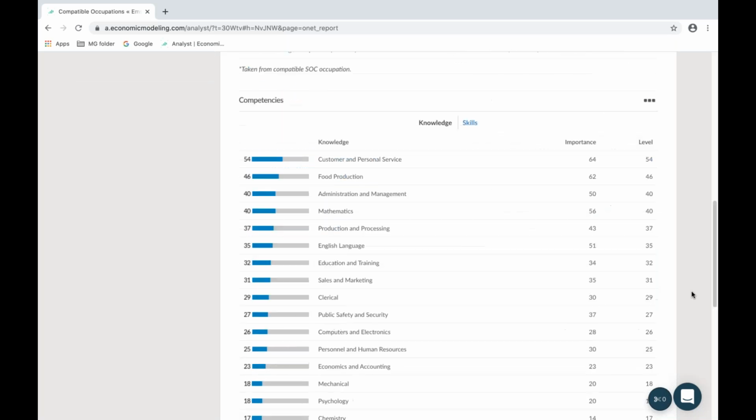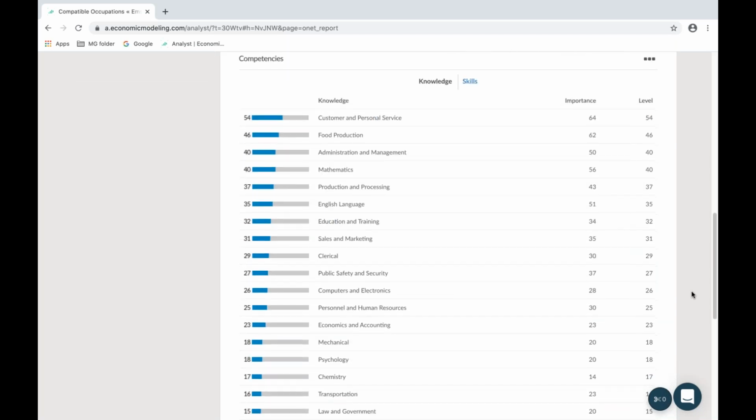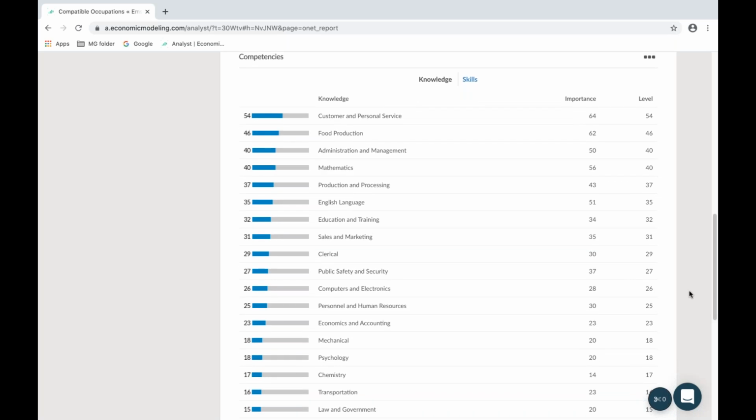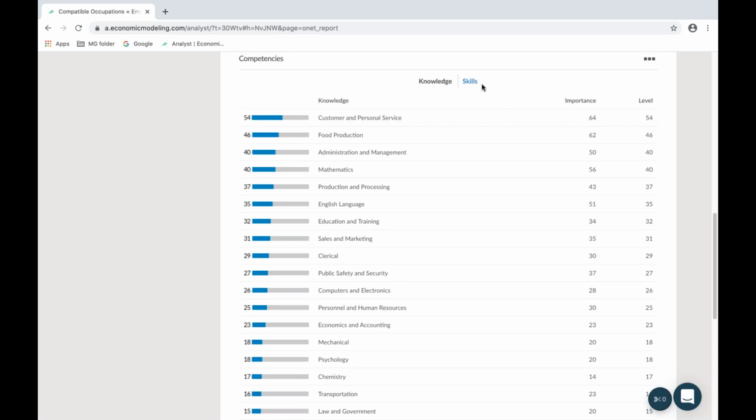When we go down to the bottom here, there's two things that we can see. Obviously, we've looked at the compatible occupations, but then it breaks down the importance of particular knowledge and skills. Now, this isn't based on job postings, which is obviously where we often draw some of our skills demand from in terms of understanding employer demand, but this is in terms of the knowledge and skills that are required for this occupation based on the ONET skills taxonomy. And then that's importance, I believe it again is out of 100, and obviously those are ranked, and then you can pivot between or flick between knowledge and also skills,